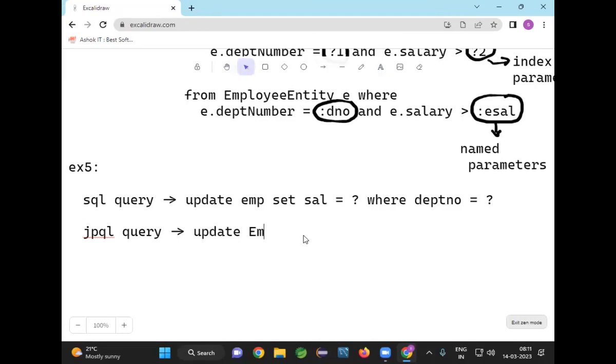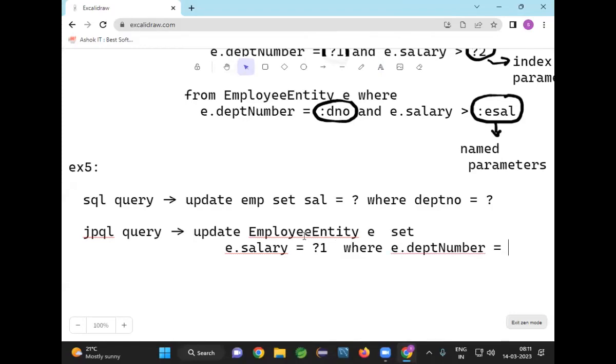Update employee entity E set E dot salary equal to question mark 1, where E dot DEPT number equal to question mark 2. Is it right? Or another way of writing the same query: update employee entity E